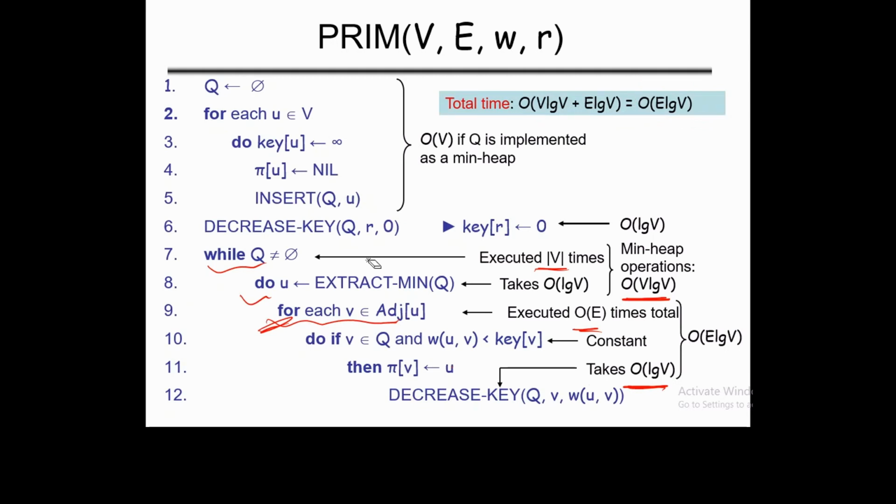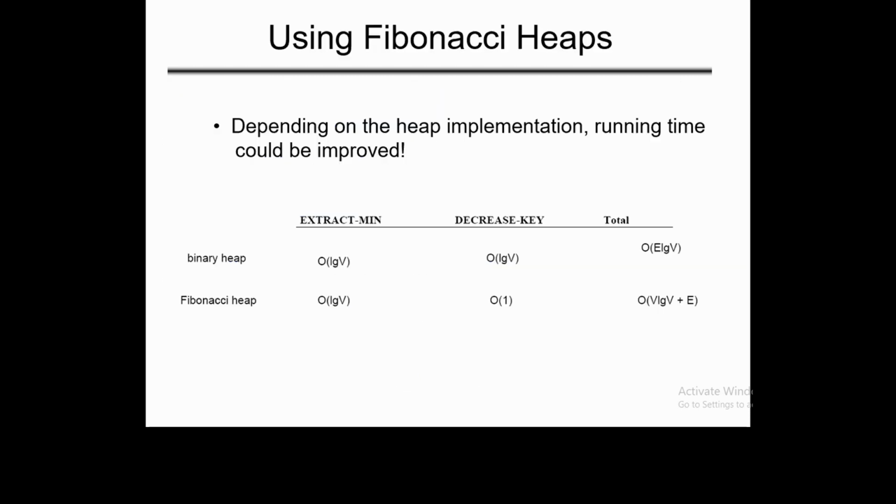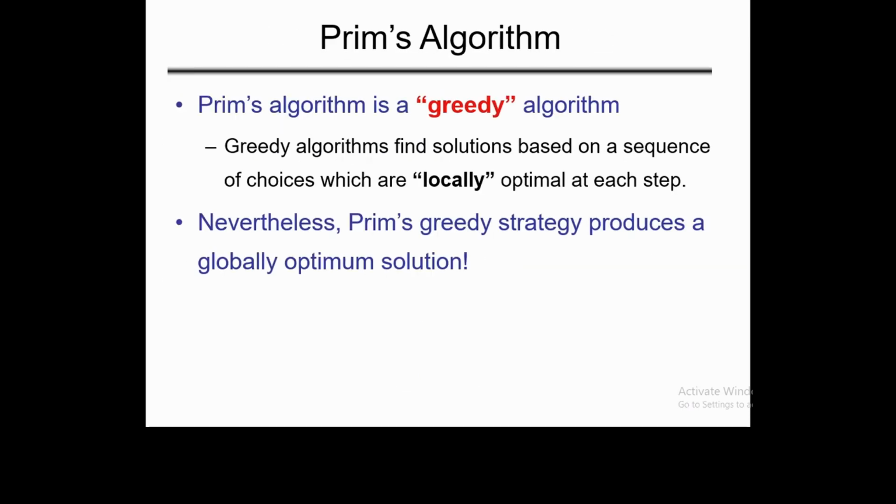Now how do we reduce this to log v? Suppose it is a very dense graph, like the one we have here. In a dense graph, the number of edges will be very high as compared to the number of vertices. The number of edges can be this many, and two-way edges are possible, like this. So in a dense graph the number of edges will dominate the number of vertices, so the complexity will be O of e log v. And this is the analysis.